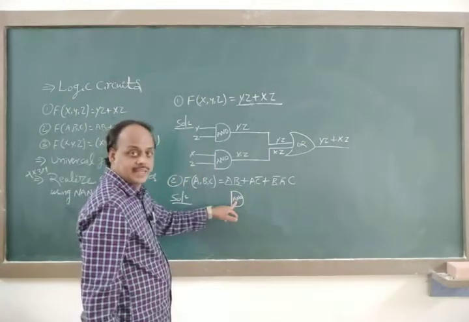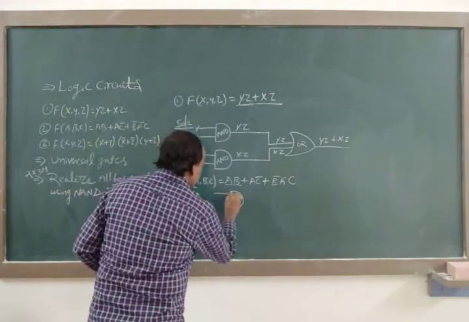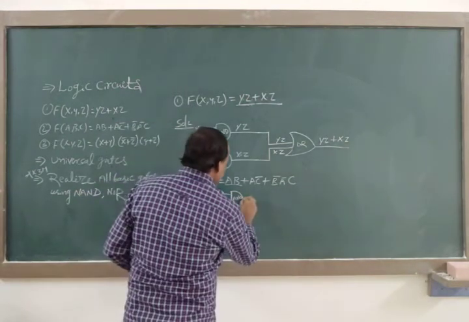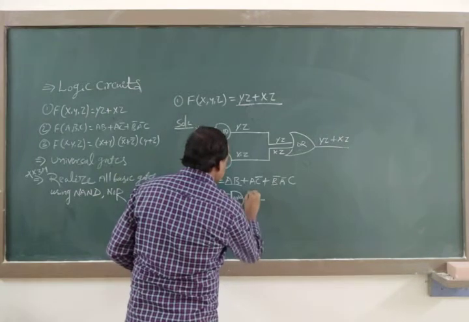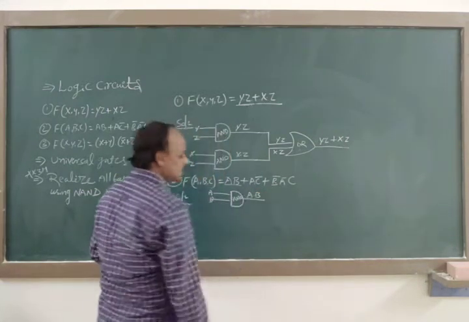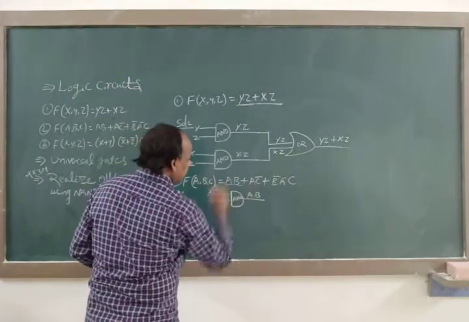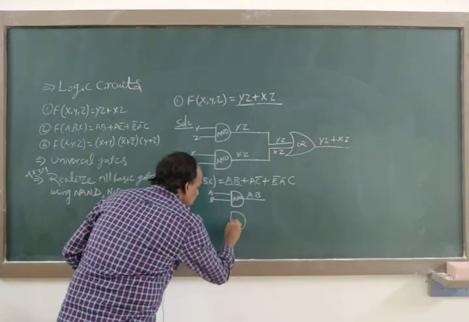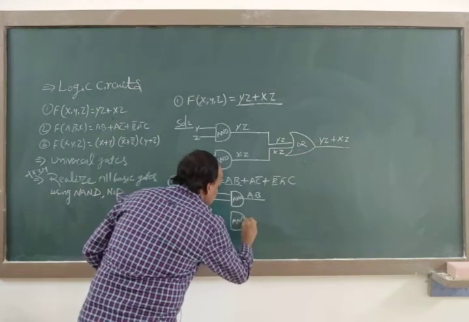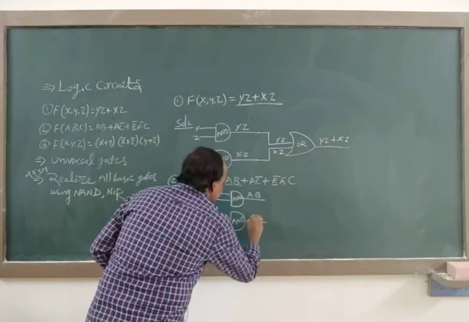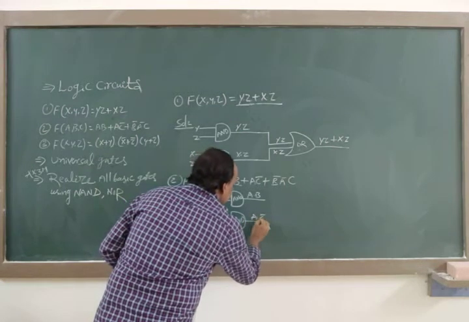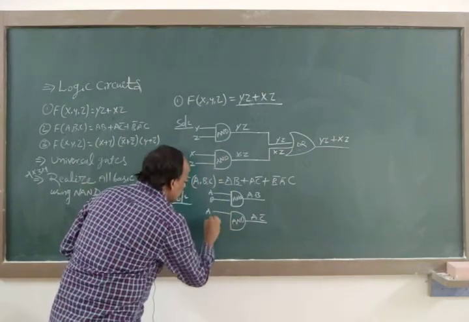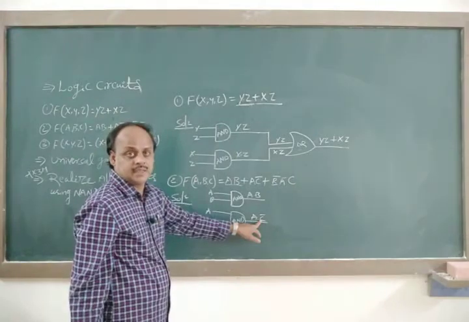It is better to write inside which gate it is. A, B as input. When it undergoes through AND gate, we are getting A into B, right? See here, second term A into C bar is there. Here also AND operation is going on. We are getting result as A into C bar, right? So first input is A, second input is C bar.